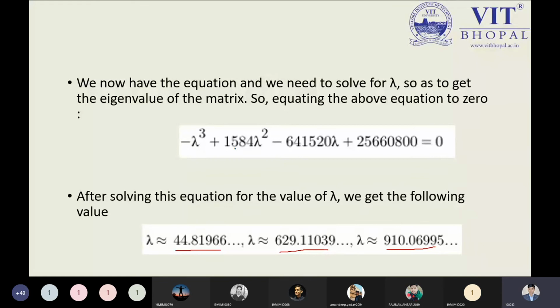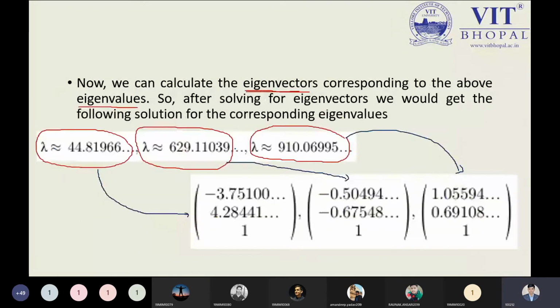This portion you can solve in the examination. If I give this question, determine the eigenvalues, you can solve it. So the lambda calculation, or the eigenvalue calculation, we can do in a simple way. There will be no issue. So we have got lambda without any doubt. Now, please keep in mind this point: you can do it, but you will take much time.